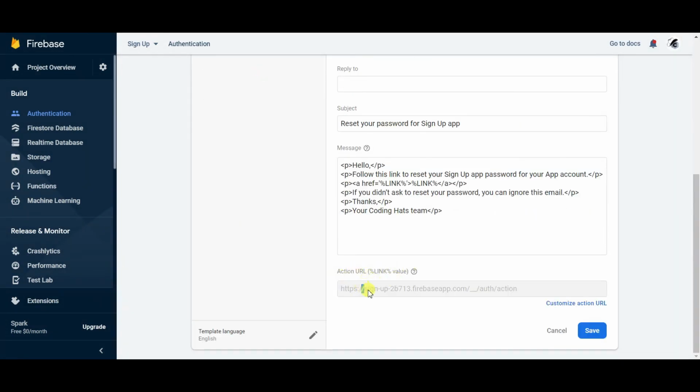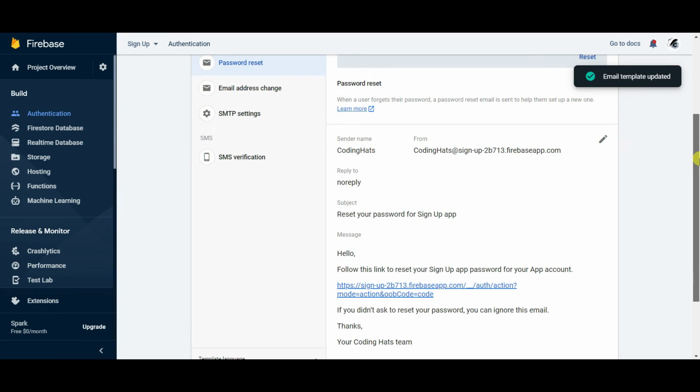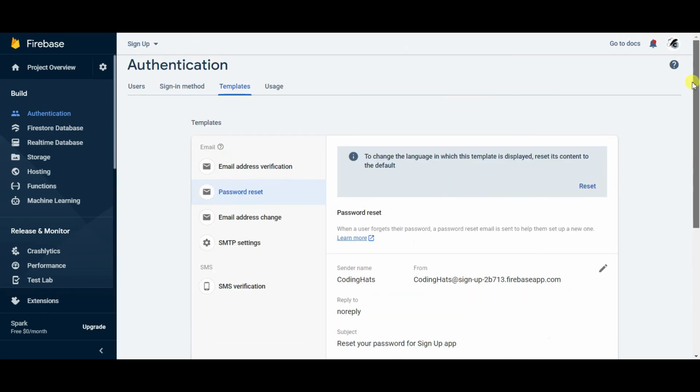In the action URL, that is the link which you get for resetting your password, you can change that as well according to your custom domain. So just click on save, and we have made the changes to the template.